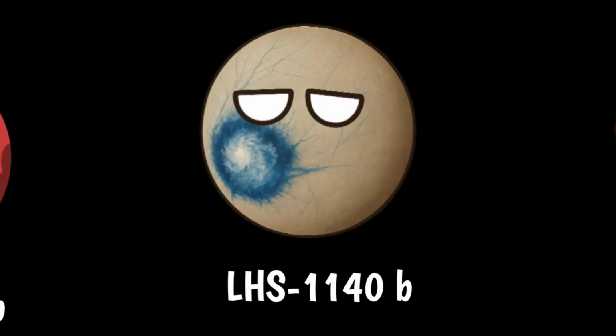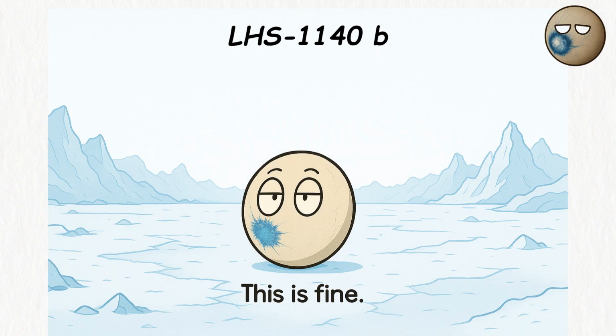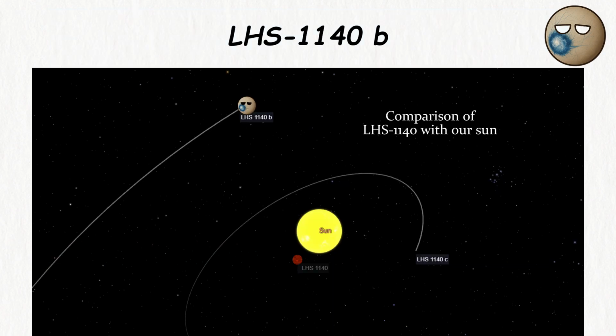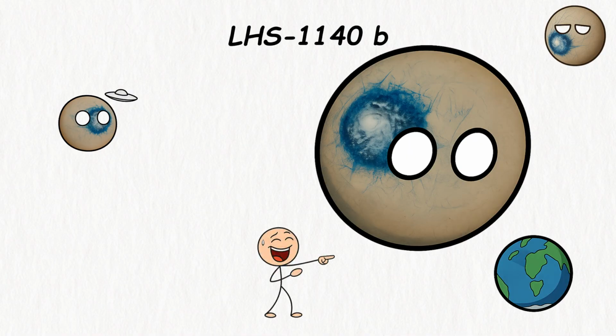LHS 1140b. LHS 1140b is like Earth's buff cousin who moved to a cooler part of the galaxy, and maybe, just maybe, brought an ocean or two. This super-Earth orbits a calm M-dwarf star in the habitable zone, making it a prime target for anyone hunting life beyond our backyard. It's way more massive, up to 6 times Earth's weight, so walking there might feel like wearing